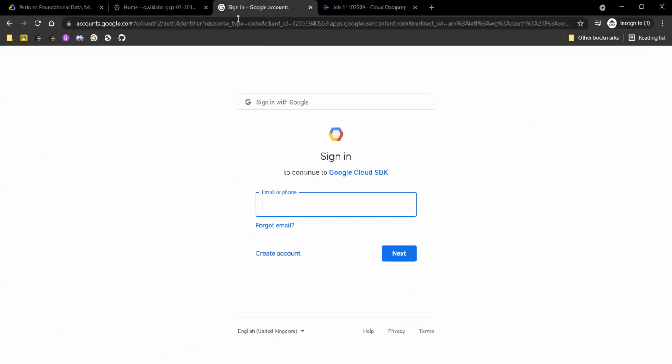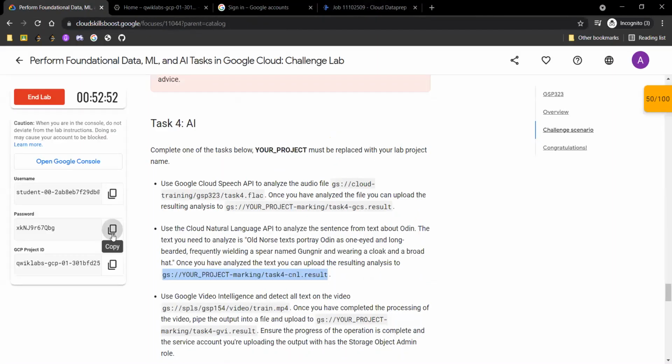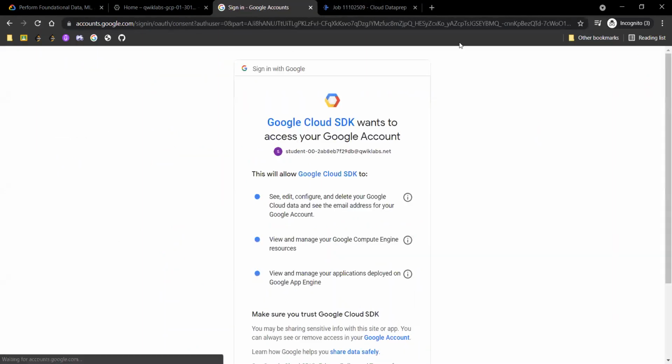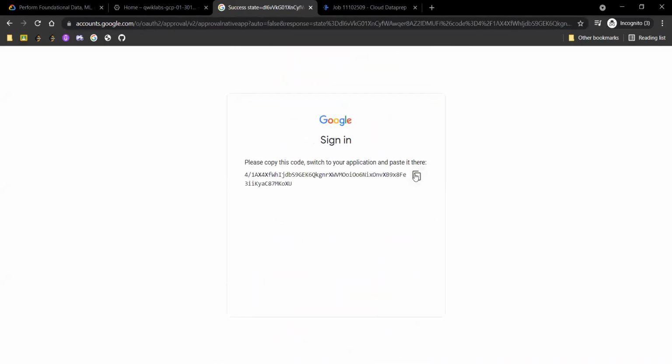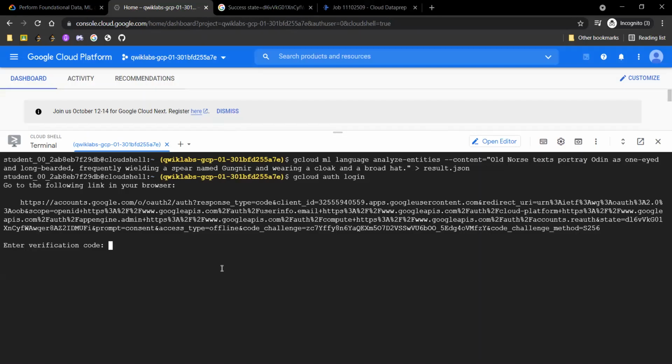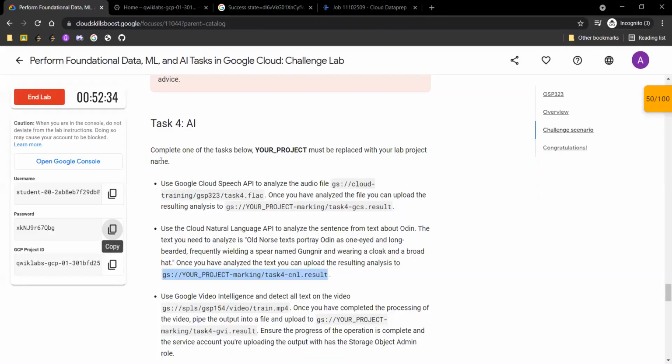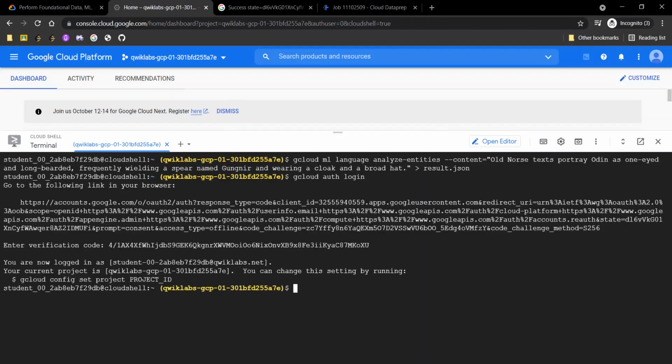Just copy this username, paste the password as well. Click on allow, copy this string and simply paste it here. Click on enter. Now you are successfully authorized to use this API.